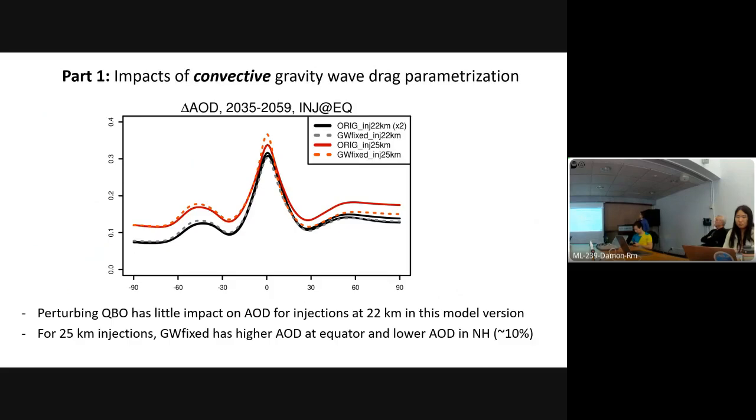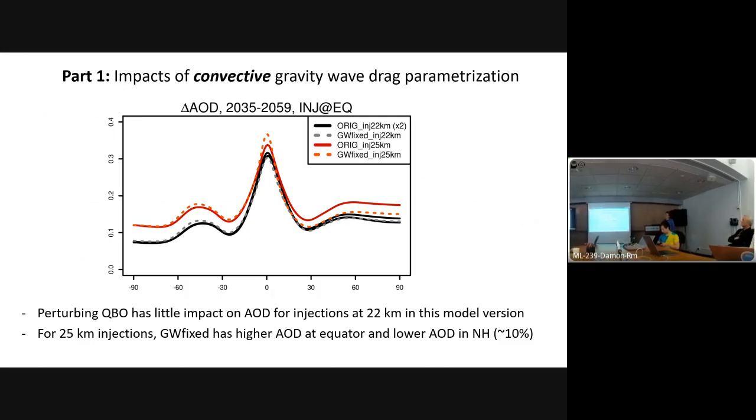Okay, so these are the simulated changes in aerosol optical depths in the 4 simulations. First, as shown in the black line, the perturbed QBO has little impact on aerosol optical depths for injections at 22 kilometers. In this model version, we basically don't really have QBO at this level. However, as we move to 25 kilometer injection, the new parameterization leads to higher aerosol optical depths at the equator, and then lower aerosol optical depths in the northern hemisphere. So we are talking changes in the order of 10% or so, which is not huge, but at the same time